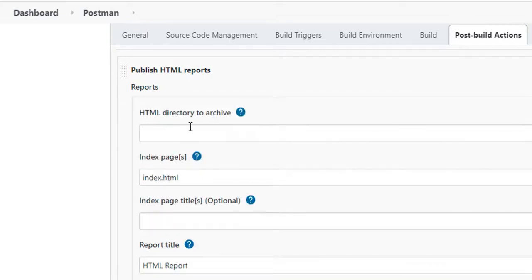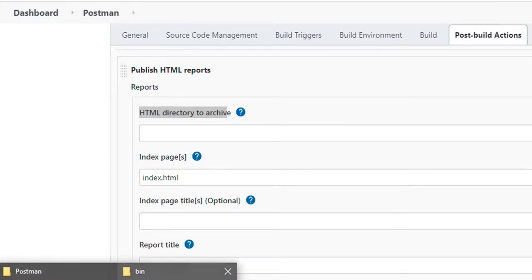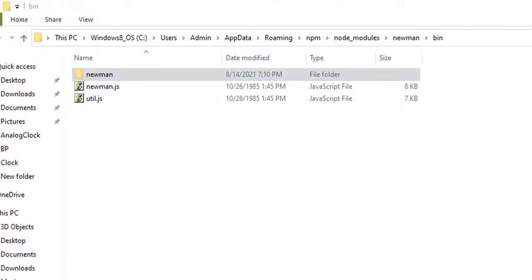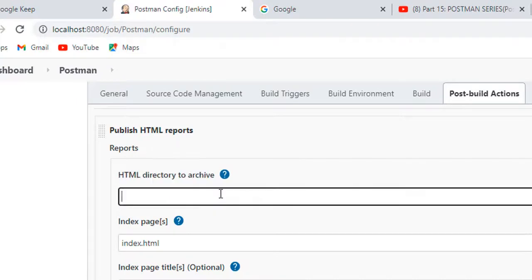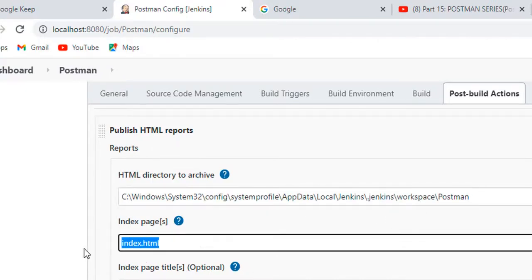When you click on add, first you need to pass the directory from where the report should be fetched. So the directory should be your Jenkins workspace. My Jenkins workspace is this. I am giving my Jenkins workspace till Postman, and this is a file. Which file are you going to refer to here? You can give any name.